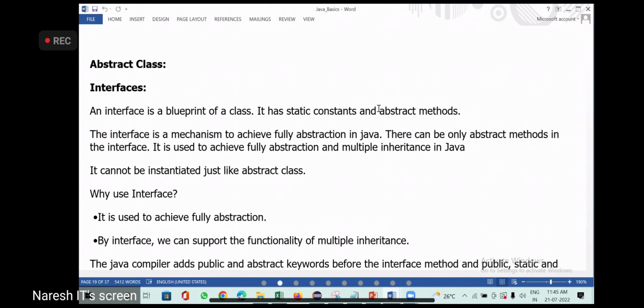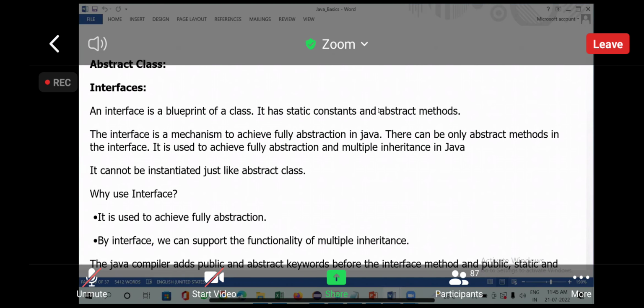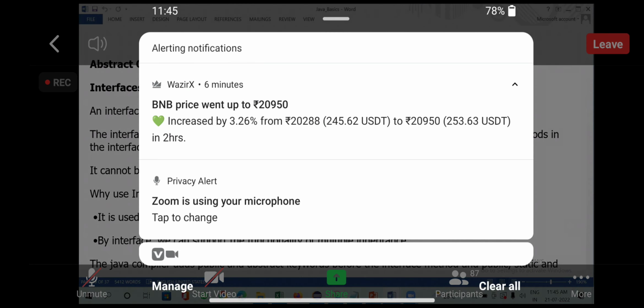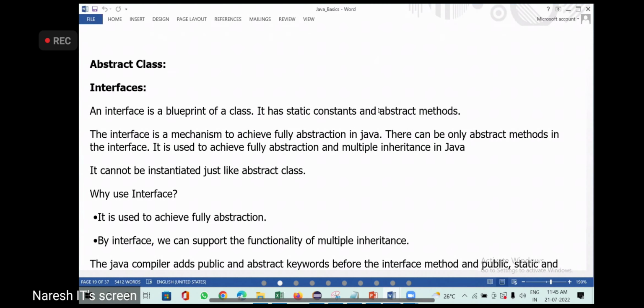Okay. Make a note. Today we will talk about abstract class. Whatever you made a note of, multiple inheritance is a question mostly asked in interviews. Does Java support multiple inheritance? The answer is yes. It supports indirectly, but not directly. The next question will be how it supports it, using interfaces. We will discuss interfaces, but before that, you need to understand abstract class. Okay. Make a heading: abstract class.